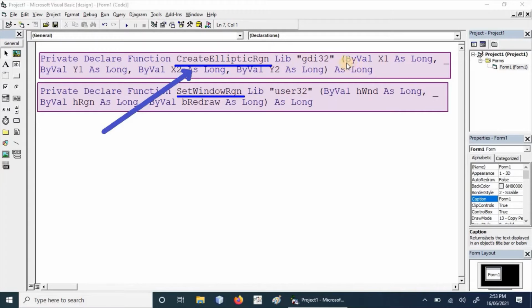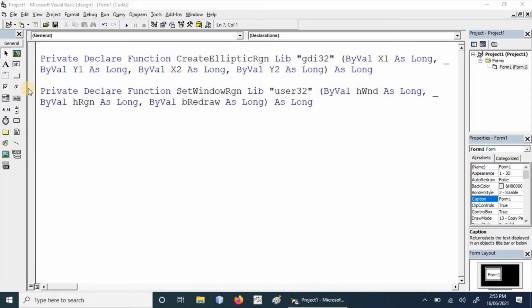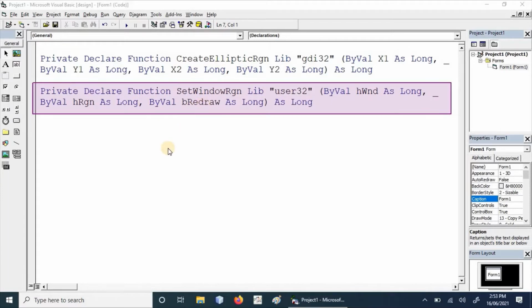It has 4 parameters: x1, y1, x2 and y2. Secondly, we will use SetWindowRgn.